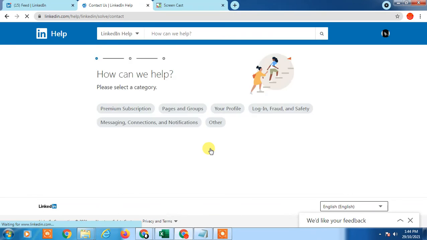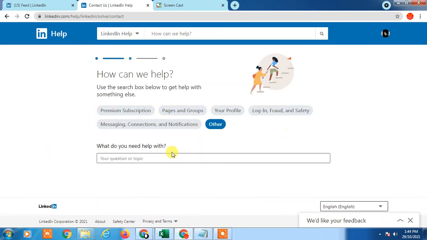Okay, so here there is a "How can I help you". LinkedIn asks you about the premium subscription. You have to select any related queries like messaging, connection, fraud, safety, your profile, anything. So I just click on Others. In Others, you have to write topics like